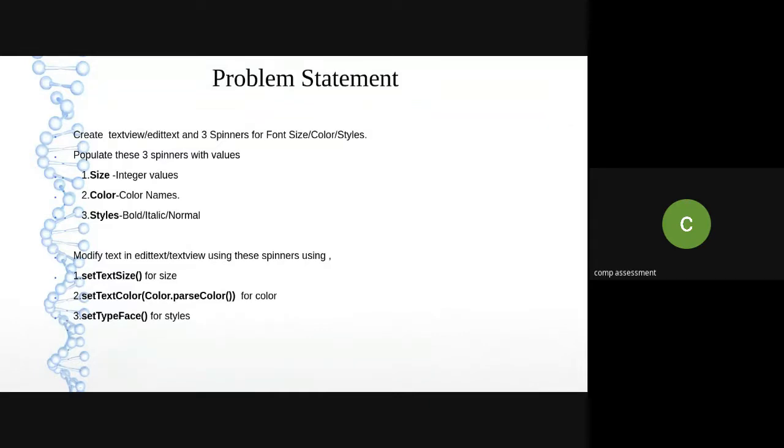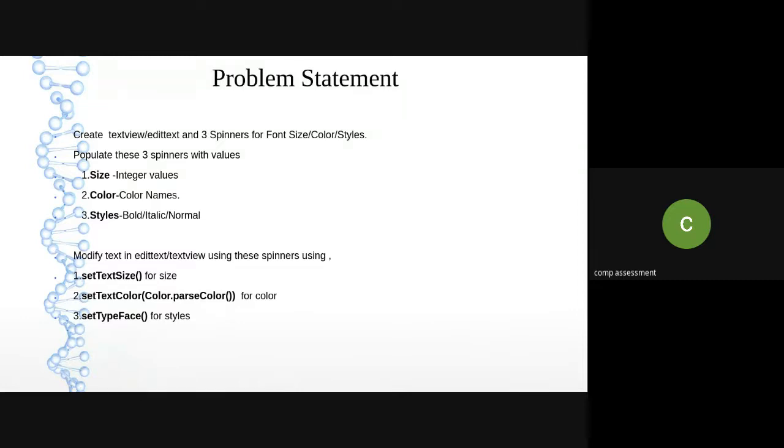Yes, I want to change the text which is there in my text view. So all these methods are there with my text view widget. What you can do is take the object of your text view, put a dot and give the set keyword. Automatically, it will give you a list of all the methods which start with set. So with these set methods you can change the size, color, font, typeface or the style.